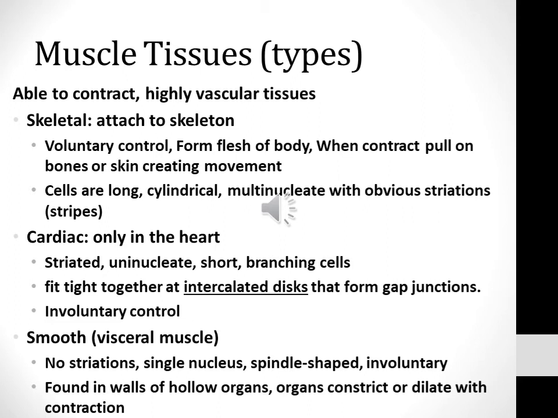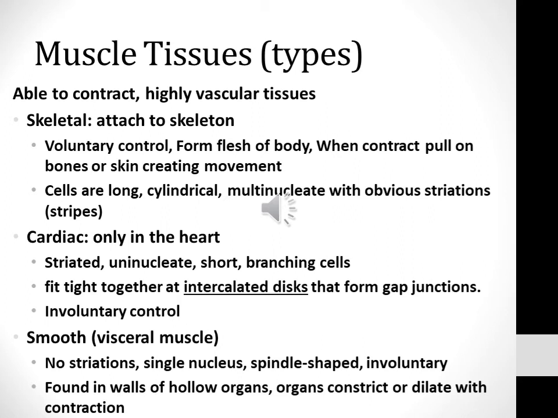Cardiac, you're going to find only in the heart. So they fit together at what are known as intercalated discs that form gap junctions. They're under involuntary control. The cells are striated, uninucleate, short, and branching. And then finally, we have our smooth or our visceral muscle, which is going to be